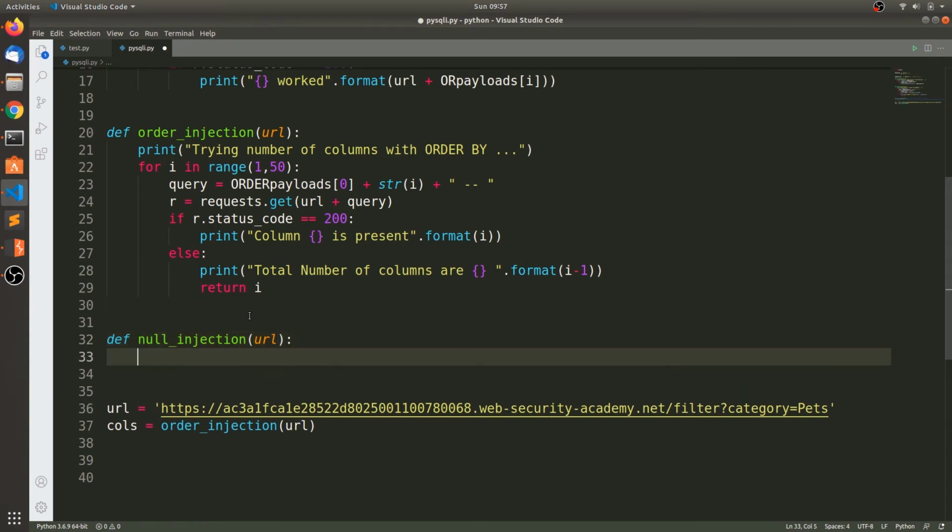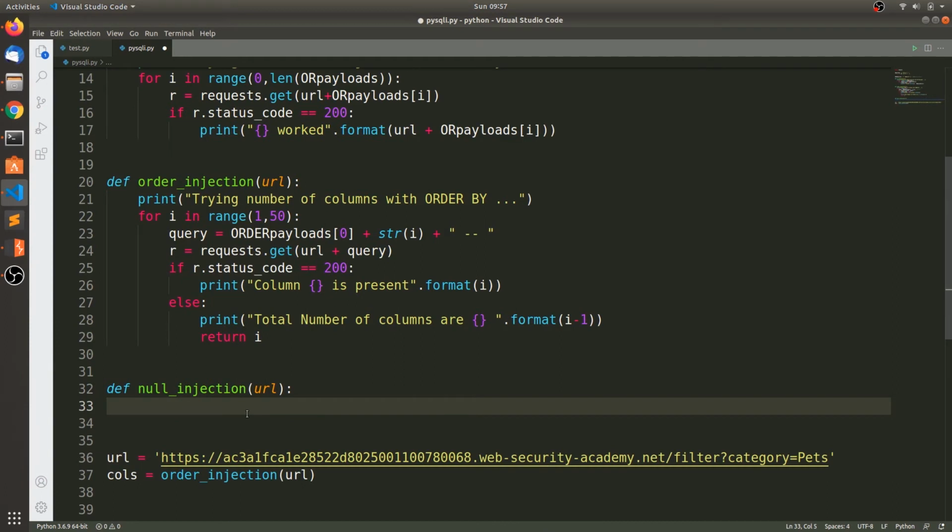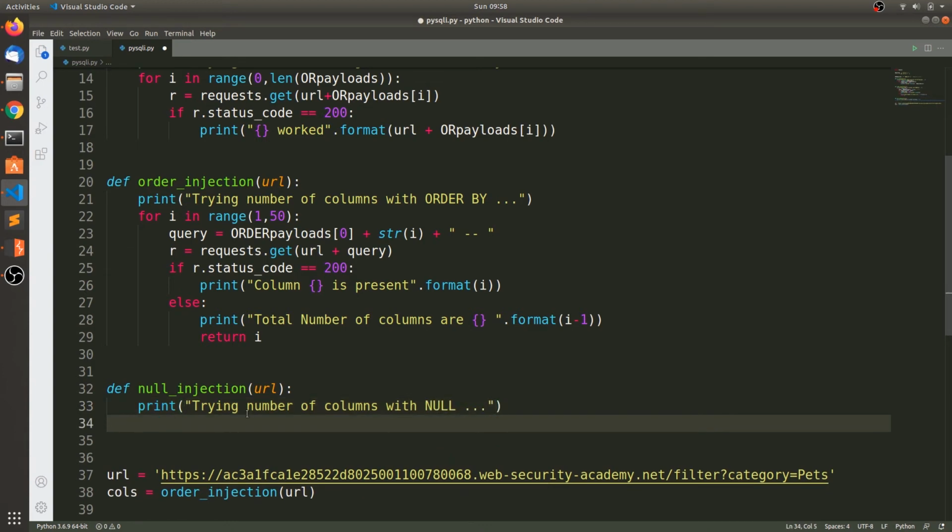Let us try the same with null, using the union select null. This will be our payload: select null, how many times, the number of times you are going to iterate, and the comment.